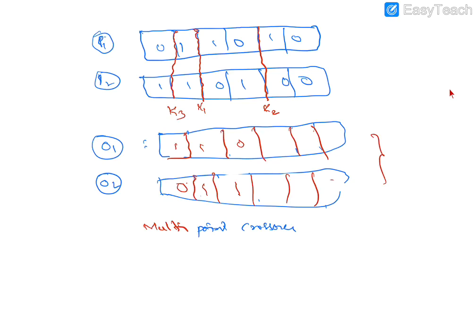So 1 0 we modified, and next 1 1 there is no modification, 0 1 modification, again no modification, again modification, and again no modification. So alternatively you have to perform the modification. That is the technique of multi-point crossover. Here we discussed that crossover can be applied in 3 ways: single point, 2 points, and multi-point. So this is about crossover. And we have one more criterion, that is uniform crossover, which we can discuss continuously.